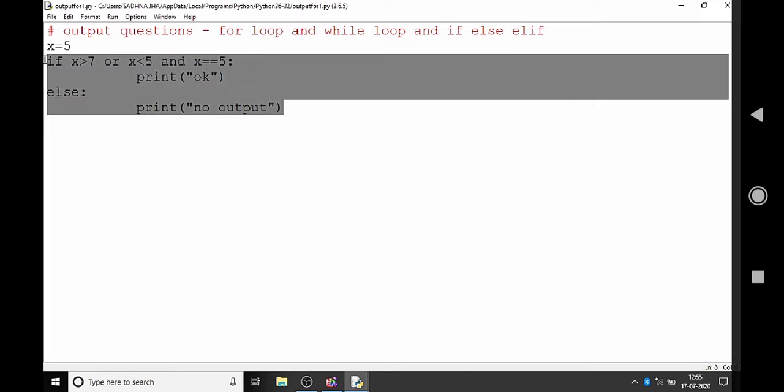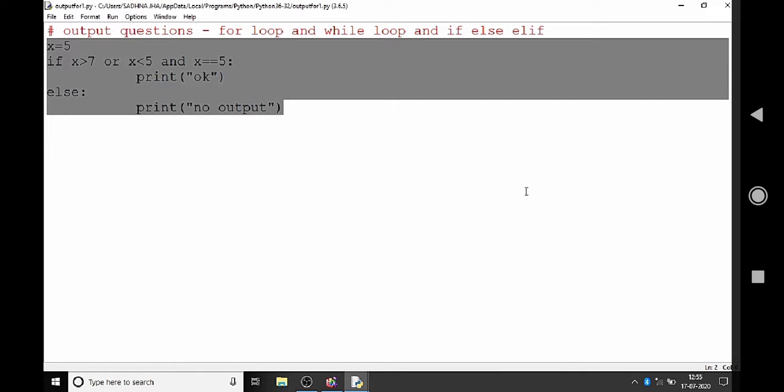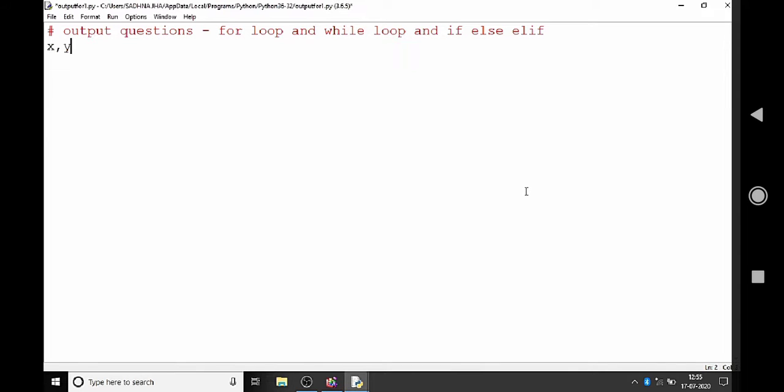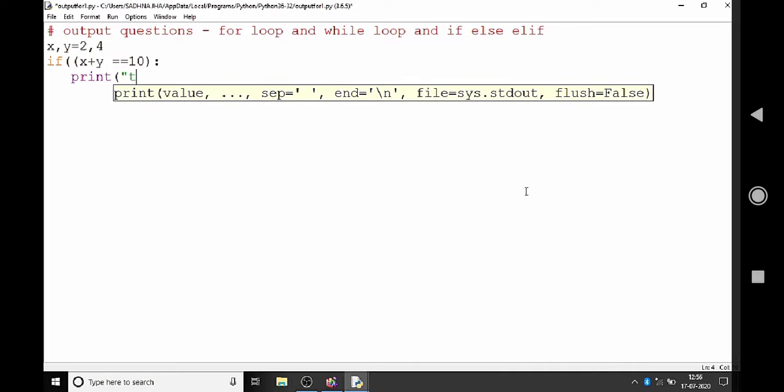Now we will do some more output questions. Suppose x comma y is equal to 2 comma 4. If x plus y is equal to 10 colon, print true.